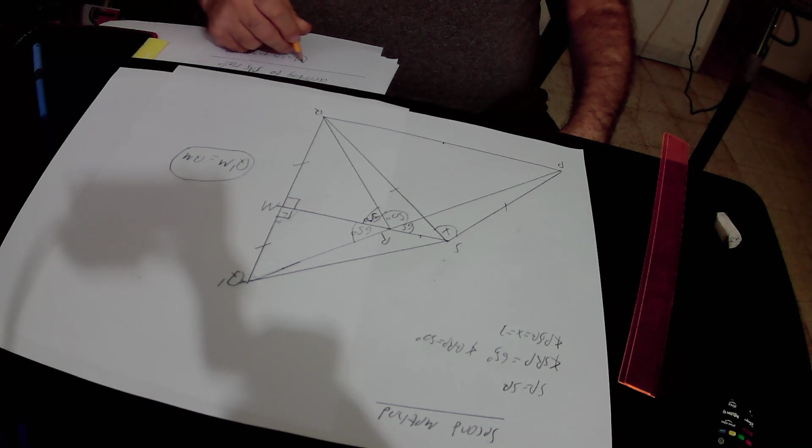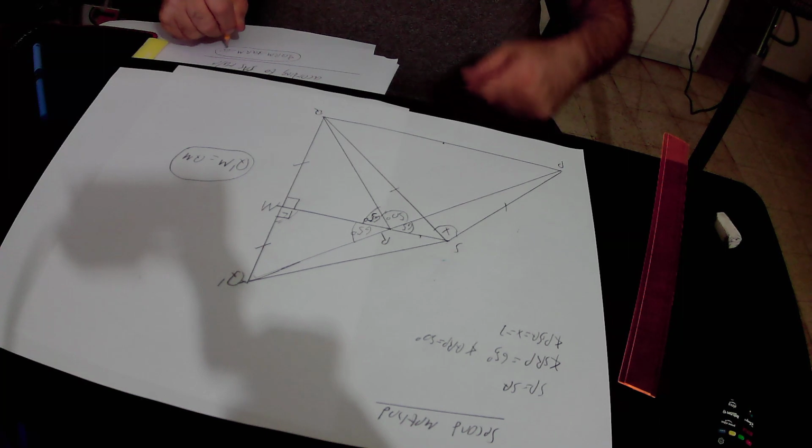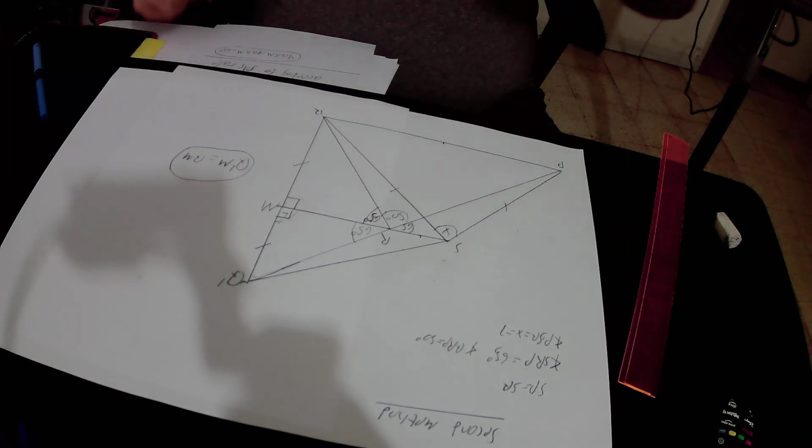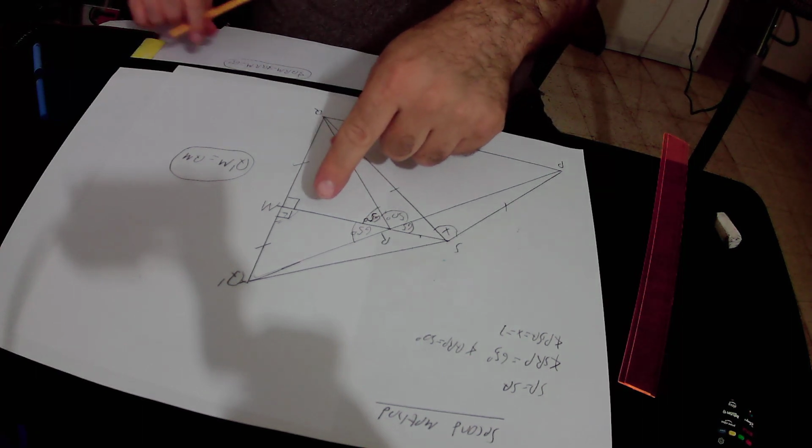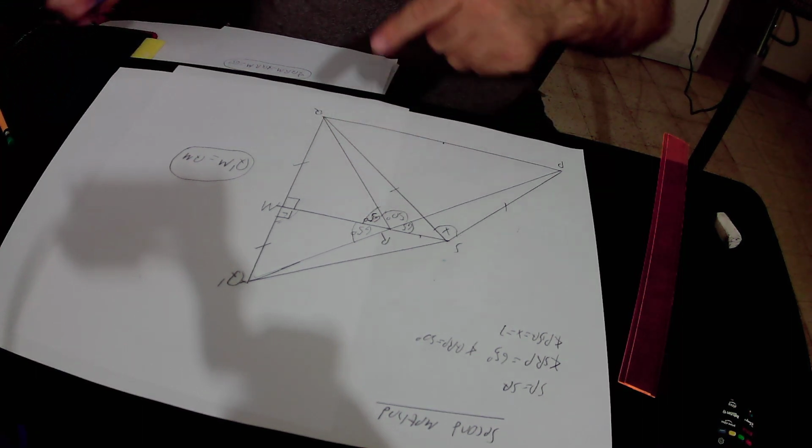That is the first thing that we can conclude from the fact that those two triangles are congruent, and the second thing that we can conclude is that